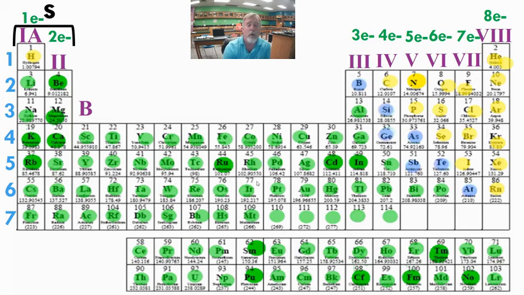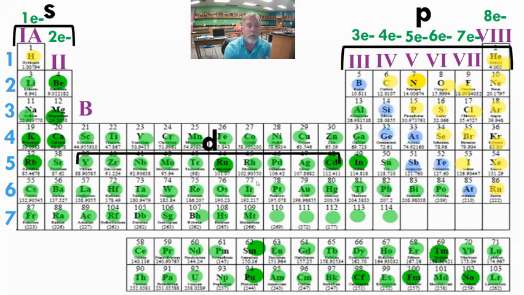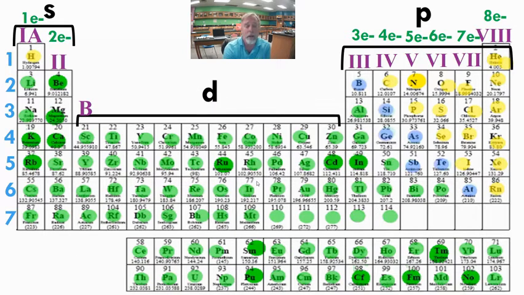I want you to draw this on your nice periodic table. Put a block around the left-hand side, over the left 2 columns, and put an S above it. On the right 6 columns, put a P above that. And in the middle 10 columns, put a D. So now your nice version of your periodic table has a lot of information on it. And now it tells you what blocks you are in as well. So it has our groups, our periods, our valence electrons at the top, and it also shows us where our S, P, and D blocks are on our periodic table.